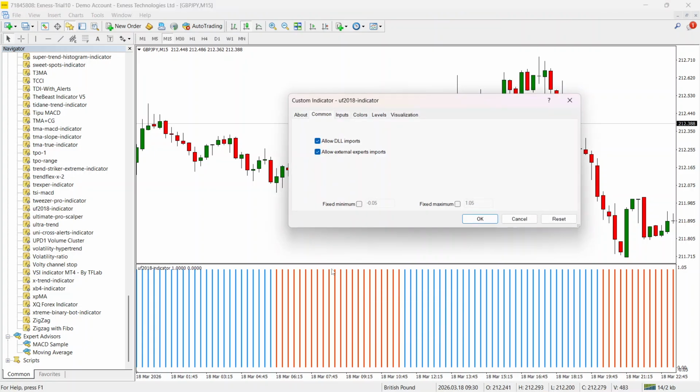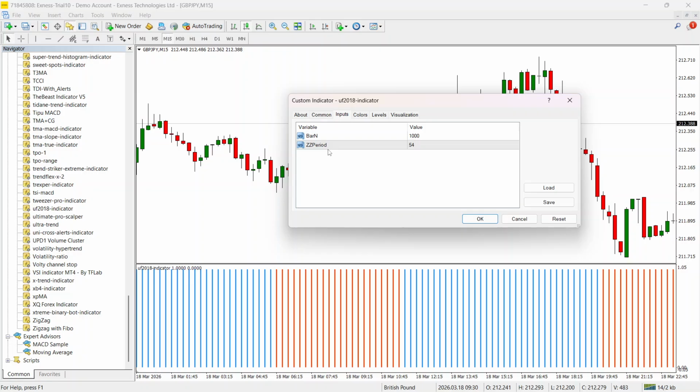Now let's move over to the settings. We have the bar end setting, which controls how many bars the indicator processes for its internal logic, influencing how much recent price history is reflected in the vertical bar sequence. A smaller bar end makes the trend feel more focused on the latest action, while a larger bar end incorporates